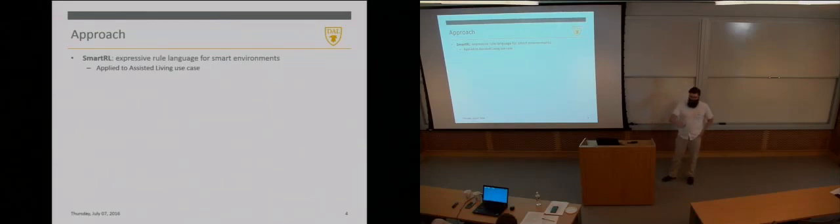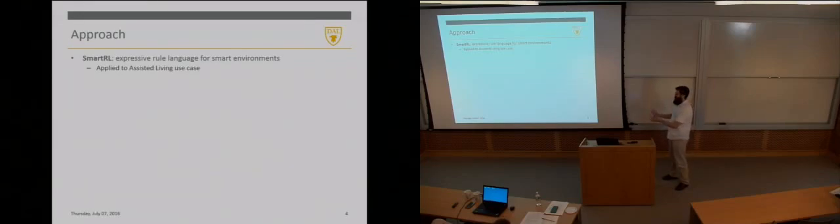We found that writing these down in a run-of-the-mill rule language accepted by a rule engine always took our focus off the important medical aspects of the rule, because it is so verbose. You have to write down 3 or 4 clauses before you actually say what you want it to say. So that's one major aspect. Currently our parser, for the most part, just transforms these expressions we write in SmartRL to a more verbose, run-of-the-mill rule language that we then feed to a rule engine.